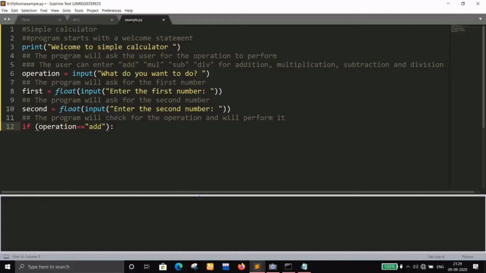It does not give operation add. It checks if operation has add. If it has add, then it will give you print. It will directly print over the screen. The result is